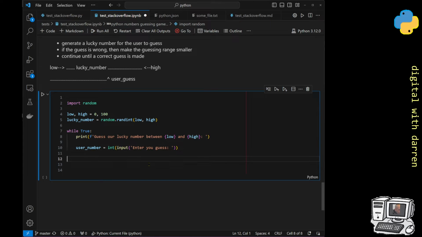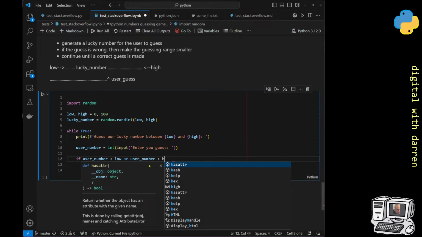So we will do an if user_number is less than low, or user_number is greater than high,